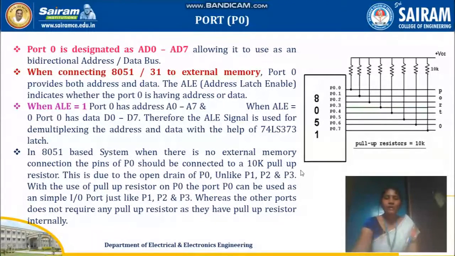Suppose in accumulator I am storing like MOV A, #56. So 56 will be stored in your accumulator, and the same can be moved to your port 0. So we can write it as MOV P0, A. Even you can make a particular bit to get set. So SETB P0.0. So you can access the ports bitwise or bytewise. So in any way you can access the port and you can utilize it according to your application.